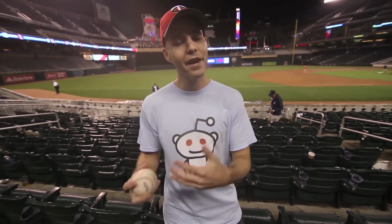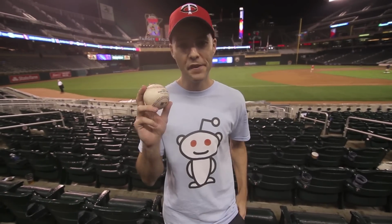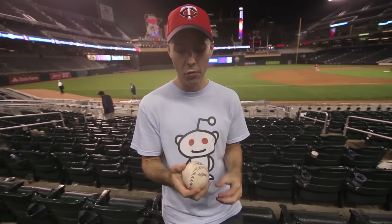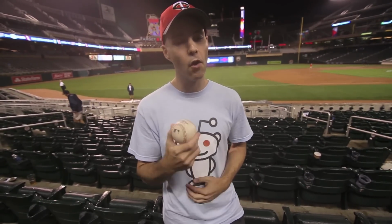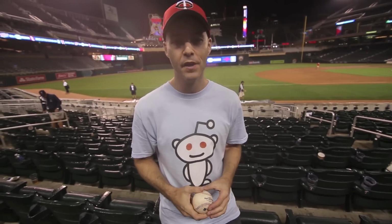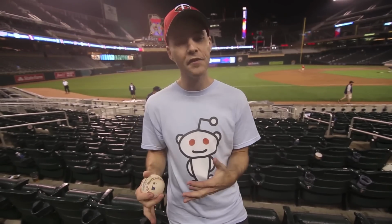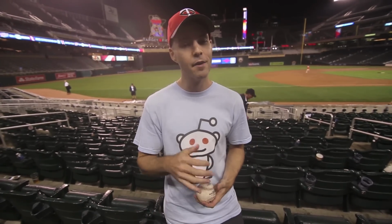And then toward the end of batting practice, I got this Victor Martínez home run ball that I caught on the fly out by the plaza. So that was really cool. And this is actually going to be the only baseball that I take home today. I got a 6th ball thrown up by Danny Santana before the 9th inning, and I gave away 5 of the 6. But I do count them all in my grand total. So that number is now